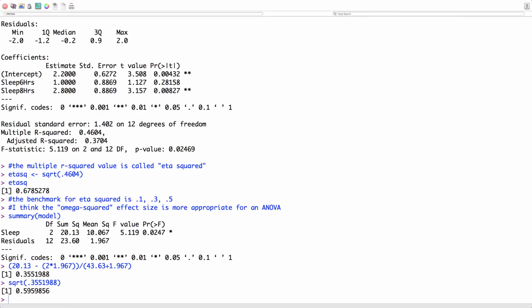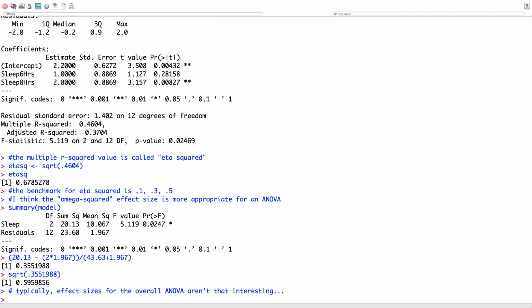Now, I put all this emphasis on effect size. Here's the rest of the story. Typically, at least in my opinion, effect sizes for the overall Anova aren't that interesting, because in the Anova, what we ultimately want to do is look at the effect sizes, or at least the statistically significant difference across the pairs. Once we find an Anova that's statistically significant,